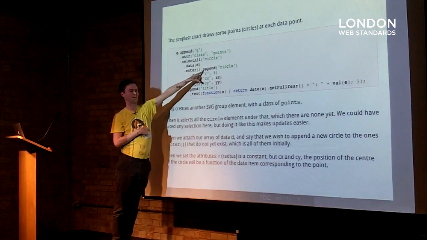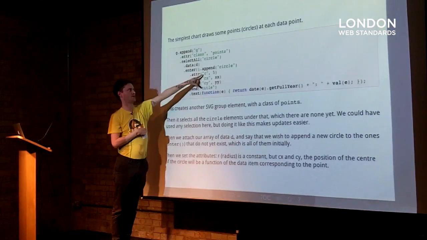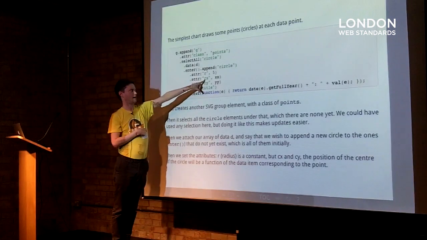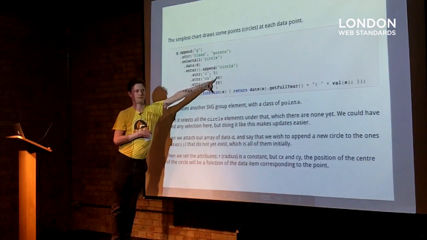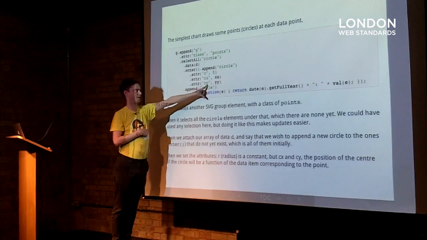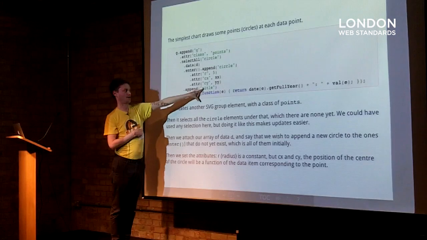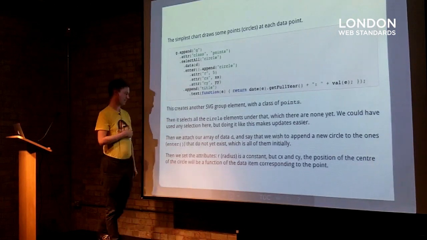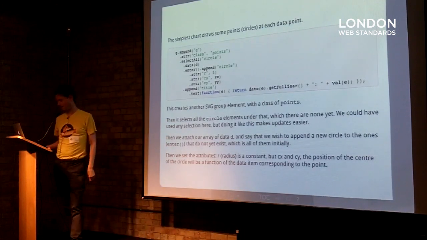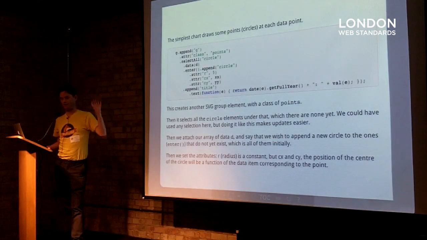And for each of these, you want to append a circle to the DOM, which has a radius of 5, and a position, which is a function of the data value, an x and y position, a function of the data value, and a title, which is a name, which is probably not entirely clear. But let's